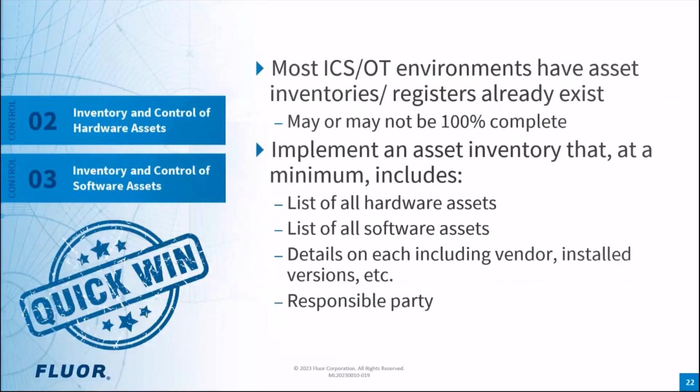So after we talk about number one, secure network architecture, we move on to number 2 and 3, which we kind of put together, right? Because it's this idea of having a focus on having a complete asset inventory of all the hardware and software. It also includes firmware in OT environments. So the main goal of such a program is to be able to understand that we know what we have in this environment. Because if I don't know what I have, how am I supposed to be able to protect it? If I don't know I have a data historian sitting in that plant DMZ, like we were just talking about,